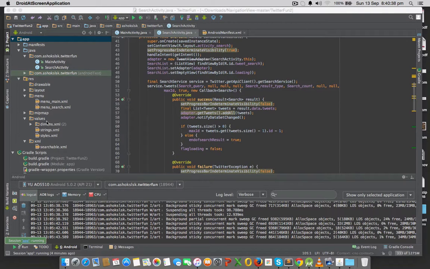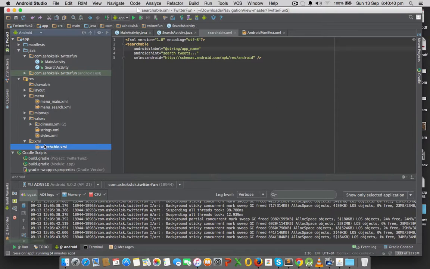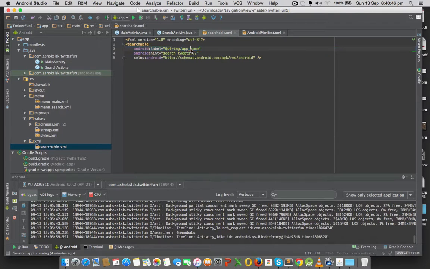And as a later update, in the searchable class, do not forget to add the label of your app name. So that will control a lot of string manipulations in action bar search. So just make sure yourself that you are adding this string,